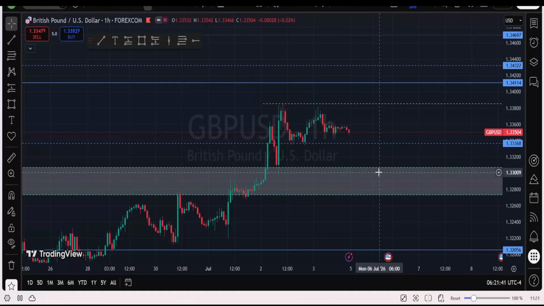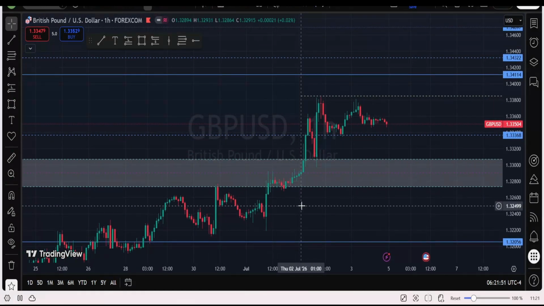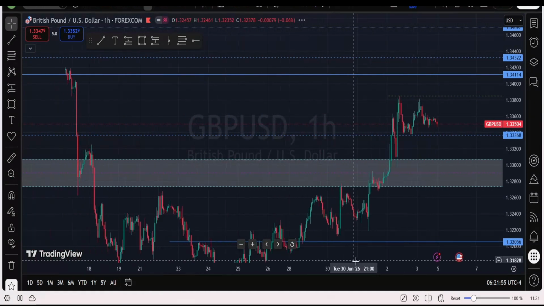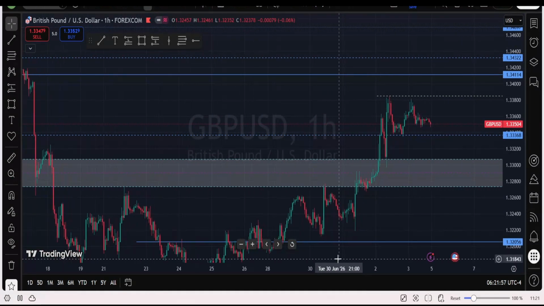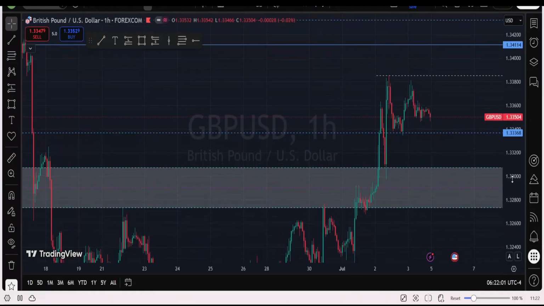So keep your eyes on this level this week on British pound USD. Remember to follow the map and not the opinion out there. Remember, what we are trading is choosing to go with the structure and not with speculation. That's for us on British pound USD this week. Let's see how that goes and have a lovely trading week in British pound USD. So what next? We move next to what we have in stock.